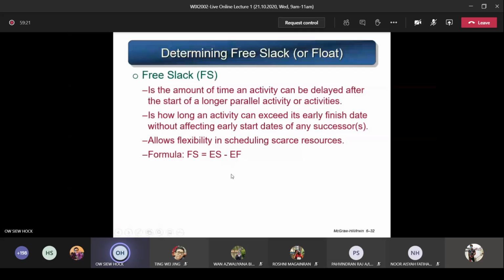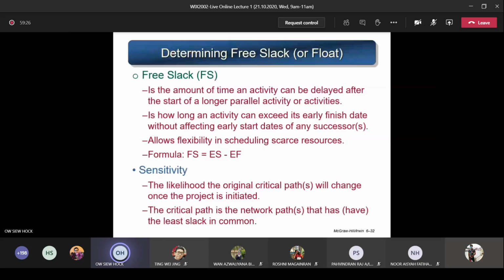Okay, now let's have a look at this diagram here. Before that, there's one more term called sensitivity. Sensitivity means the likelihood the original critical path will change once the project is initiated. That means after you finish the forward pass, backward pass, and then you calculate the slack, after the project started. So this critical path is the network path that has the least slack in